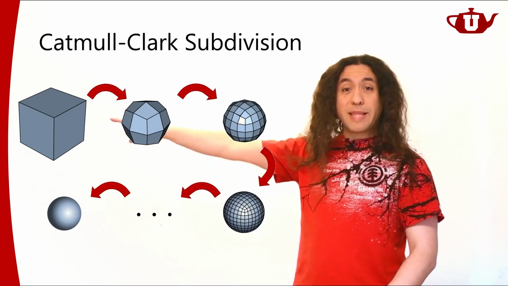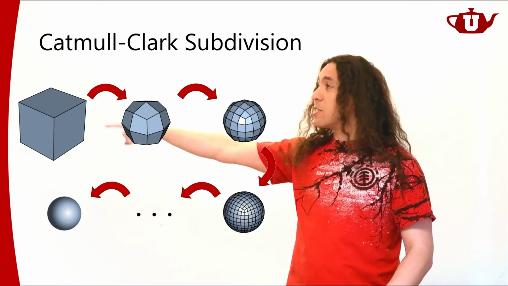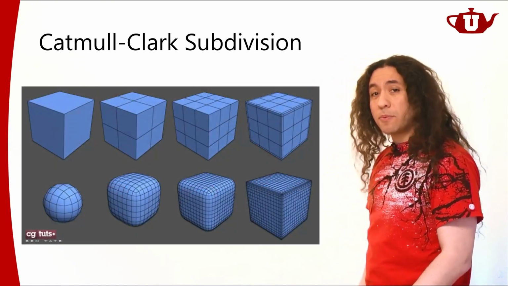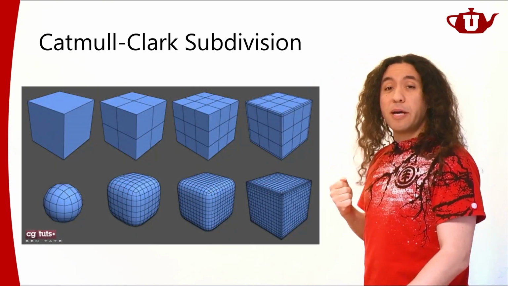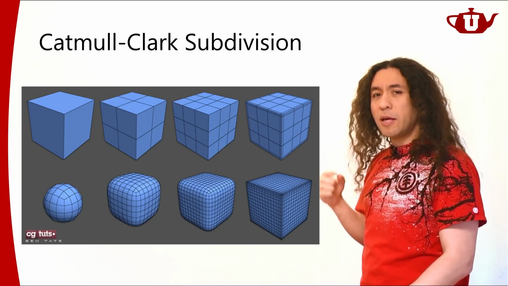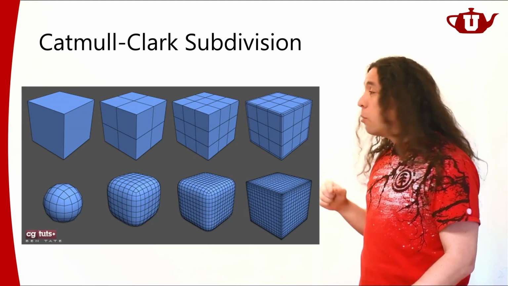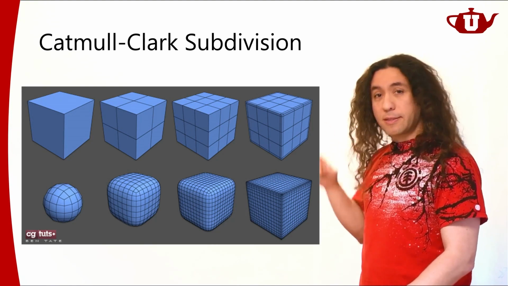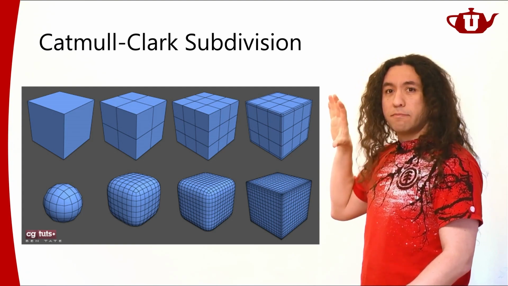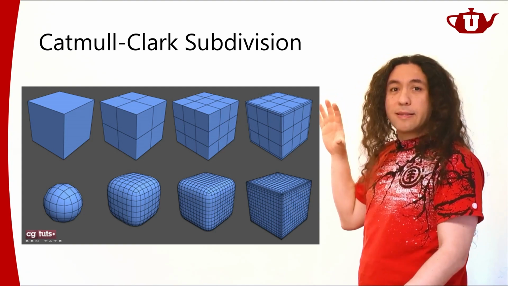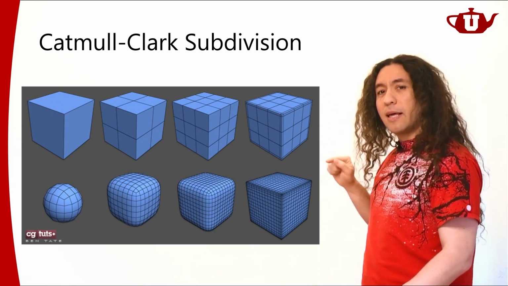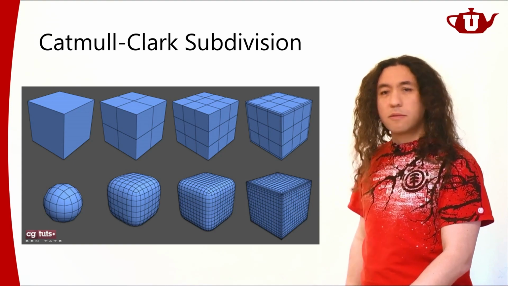If you start with a cube that has this sort of mesh connectivity, this is what you get. But if you start with the same shape, but a different mesh representing the same shape, Catmull-Clark subdivision will approach a different looking surface. Like in these examples, all of the ones above are cubes with different polygonal meshes representing cubes. And the resulting shape you get with Catmull-Clark subdivision would be different.